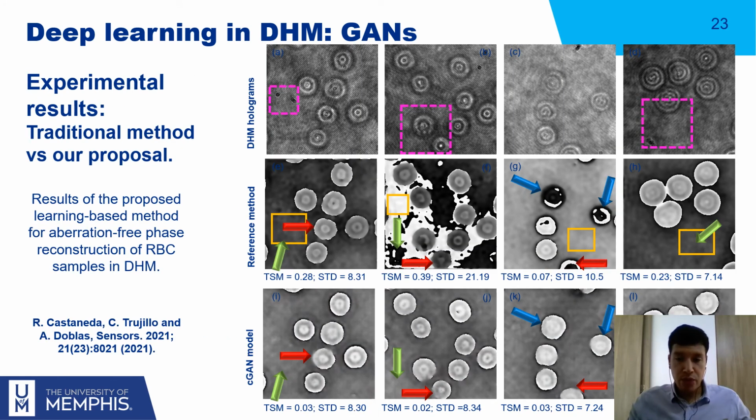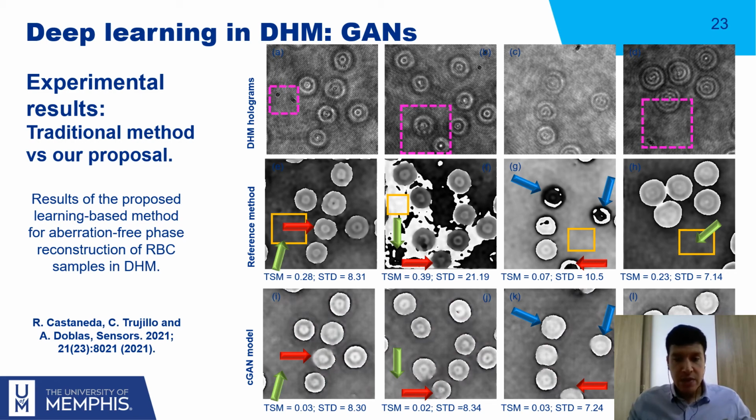Okay, here we have some results. Now, a comparison between the results with the CGAN and with the reference method, that is the traditional method. And we see that the CGAN, no matter the experimental condition in which the DHM holograms are recorded, always yields stable, well-compensated images of the specimens. When comparing with